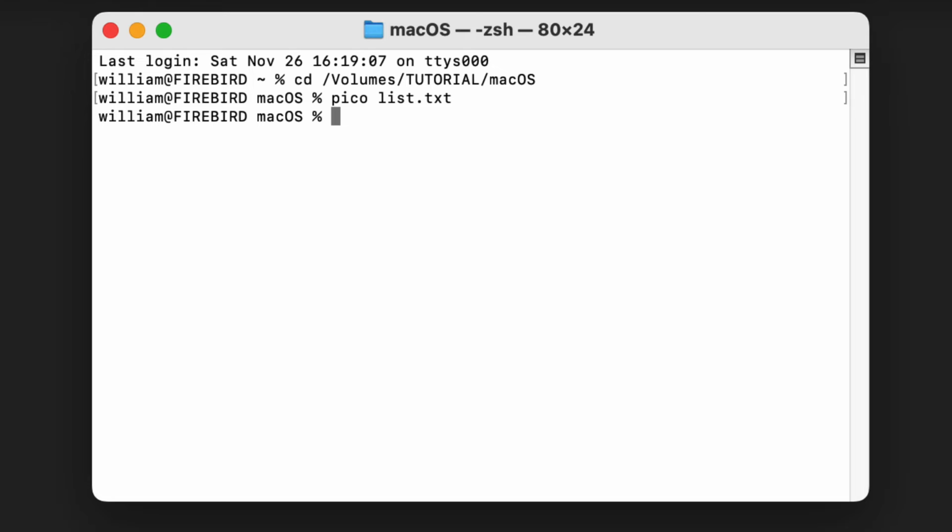Now make the script file. Again enter Pico, but this time move.sh for the file name.